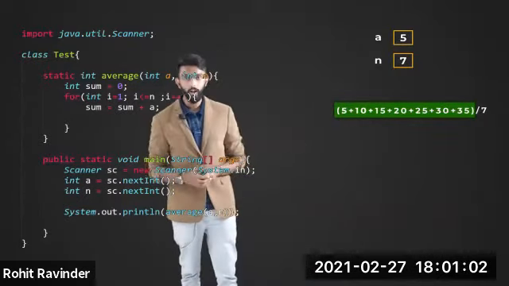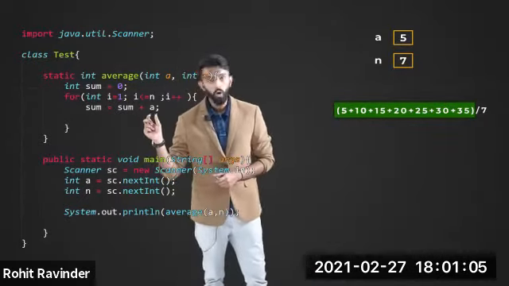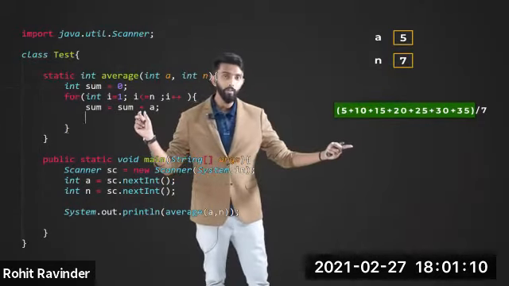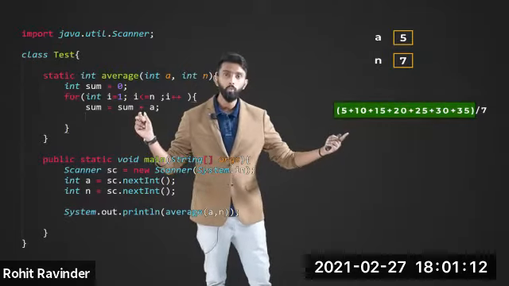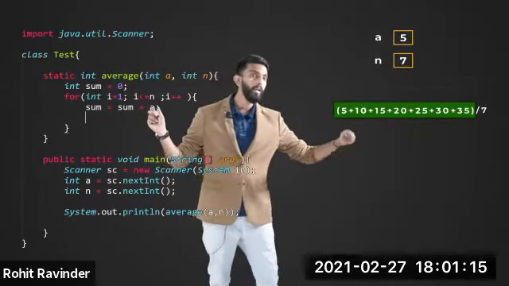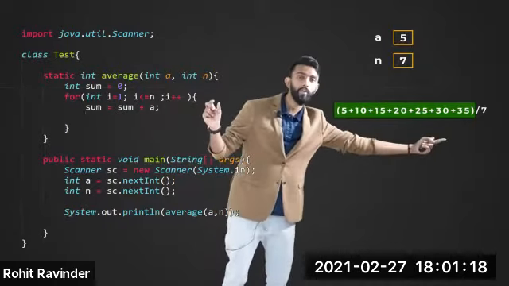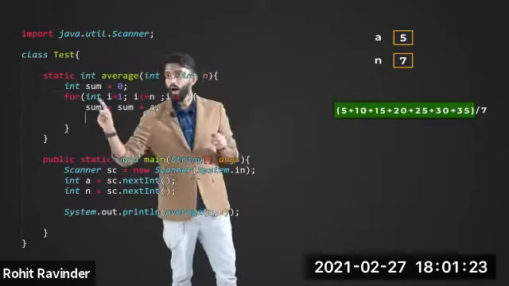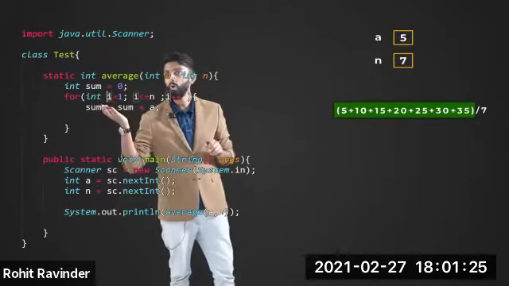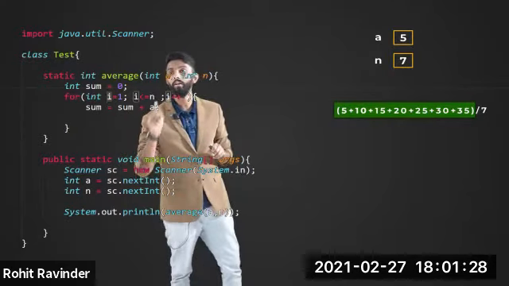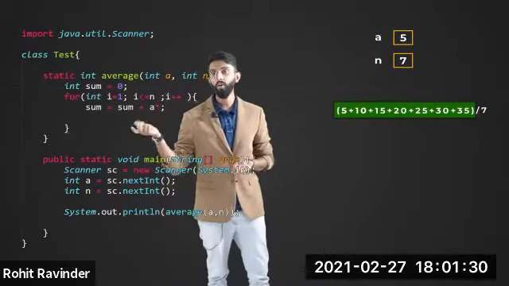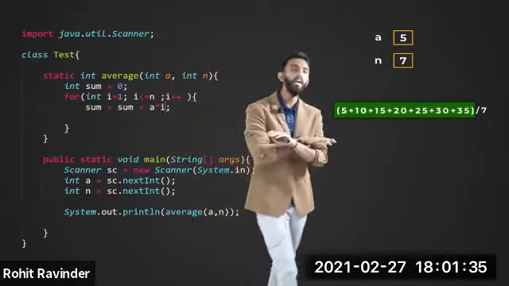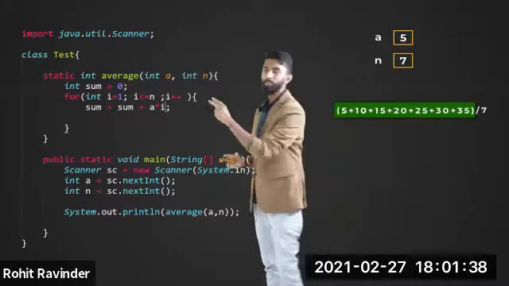That is absolutely the right thing, because you don't want a here. What you want is the multiples of a. And how will you get the multiples of a? Very simple. a into 1, a into 2, a into 3, a into 4, a into 5, a into 6, a into 7. And that 1, 2, 3, 4, 5, 6, 7, that value is with whom? i, because i is starting from 1, which means whatever is the value of i, you give here, a into i. So first time 5 into 1 is 5, second time 5 into 2 is 10. It works out. No need to separately increment, that is not required. That's all. This much is done.